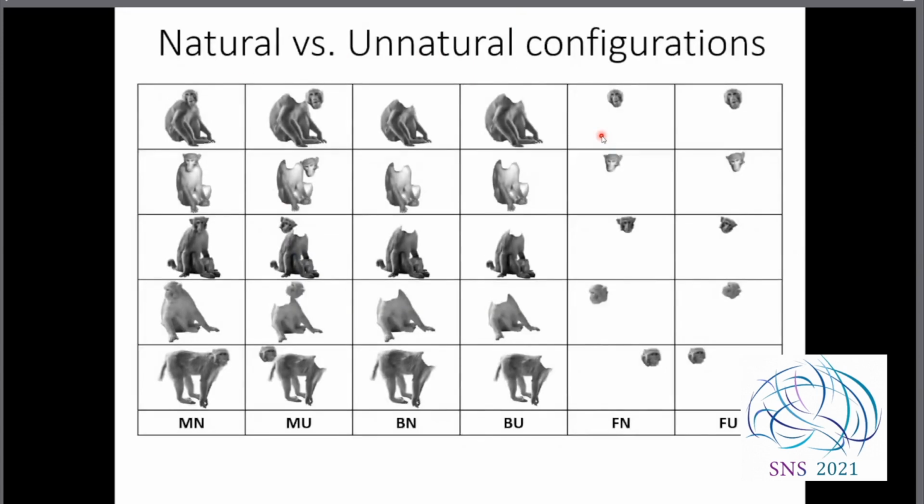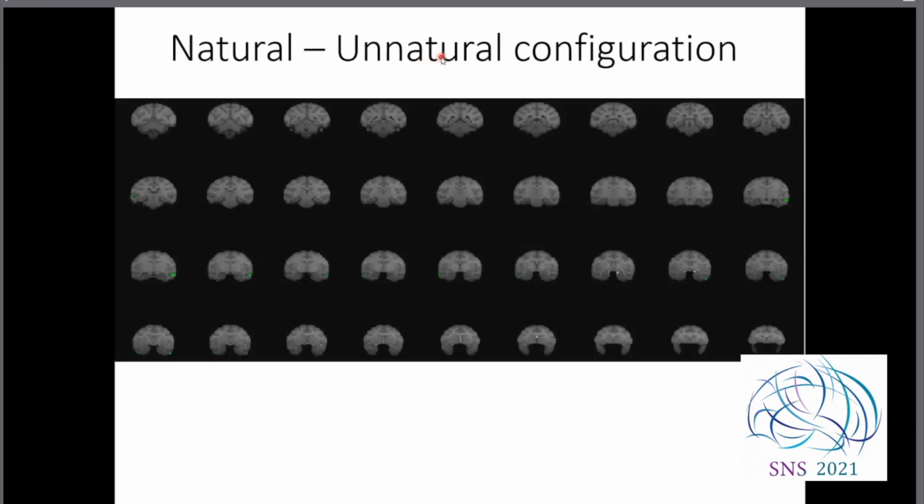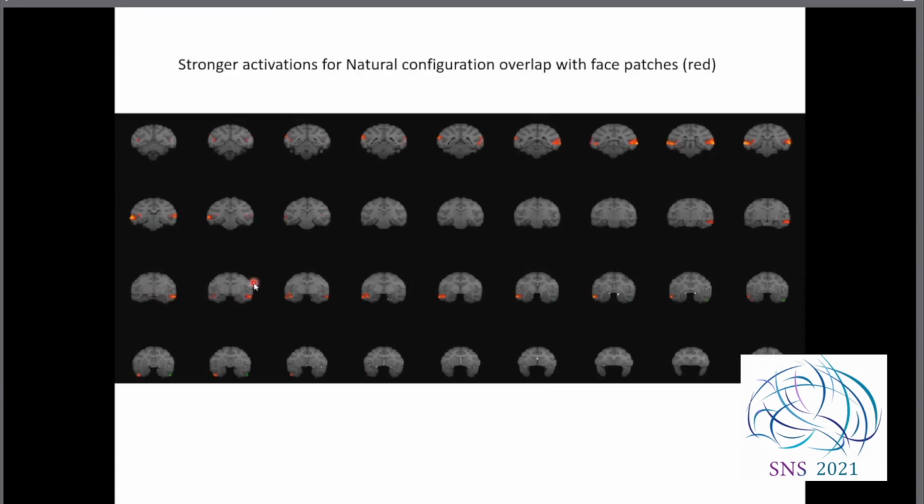Now, before closing, I would share another experiment, which is basically addressing a similar question. We can have a monkey like here, in which the monkey's head is where it's supposed to be, but we also can displace its head to an unnatural configuration. It's always touching the body, and we can compare them with only the body or only the face. So we have a natural versus unnatural configuration, and when we subtract basically natural minus unnatural configuration, we again see regions activated, in which there is more activation to natural compared to unnatural, and they overlap remarkably the face